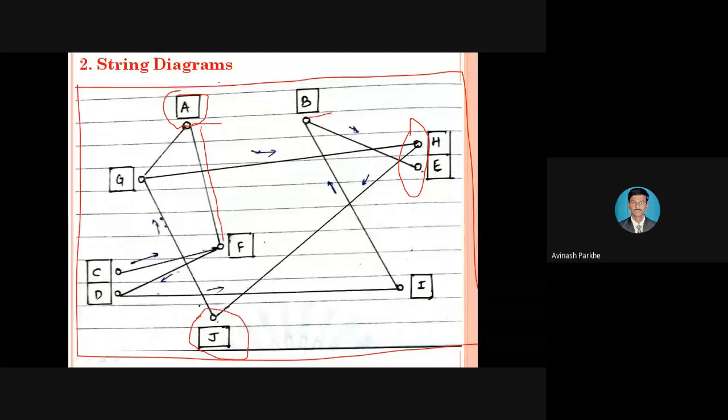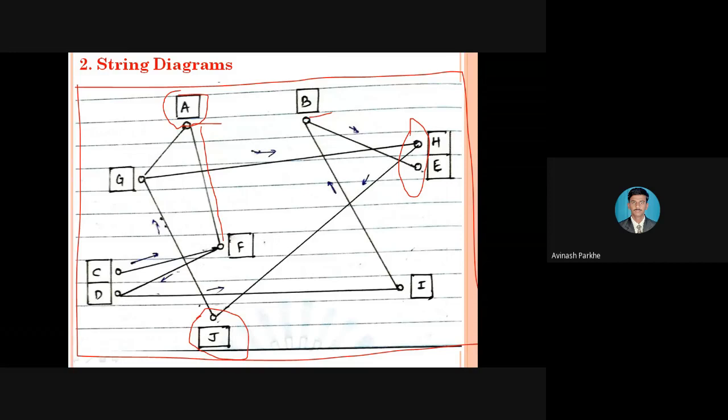And in this particular diagram, only two techniques are there. One is the flow diagram and another is the string diagram. So whatever the limitations are there in all the types of charts, all those limitations of the charts can be eliminated by using the flow diagram and the string diagram. So in those diagrams, we have only two types. One is the flow and another is the string.